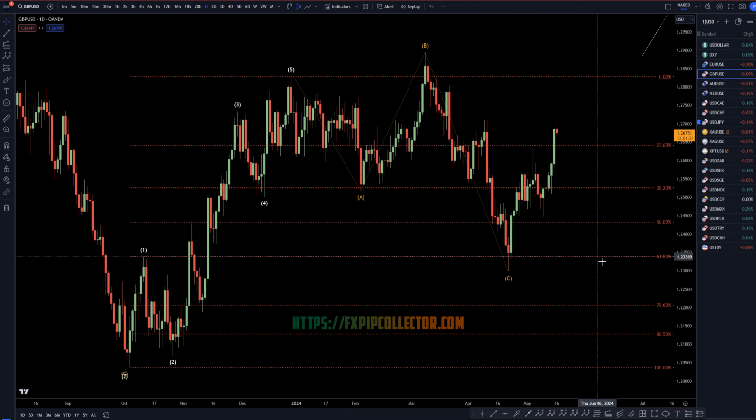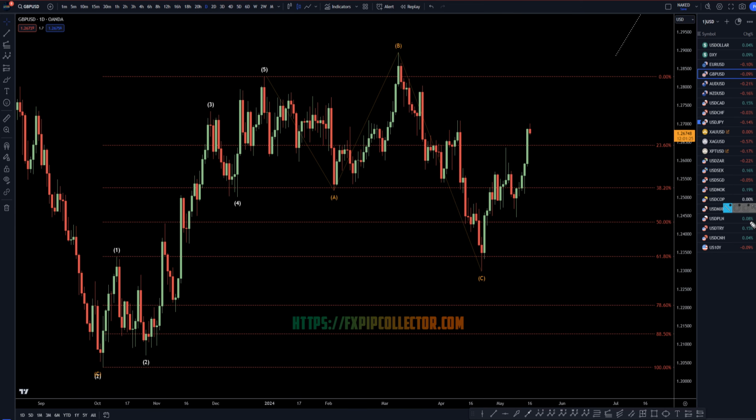Heading down to the daily time frame. On the daily time frame, to me, it definitely looks like a complete pattern. It looks like this big uptrend is a 1. I think this is a big ABC of 2. Nice 61.8% fib bounce. Looks to me like this is a 1, probably a 2, and we're probably in a